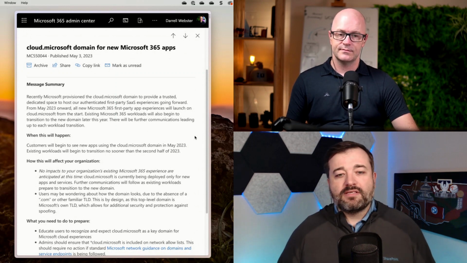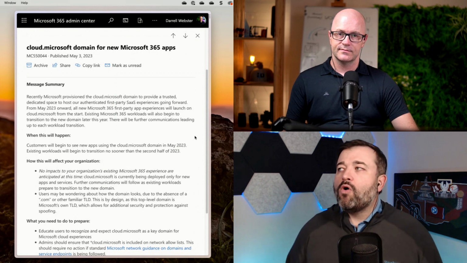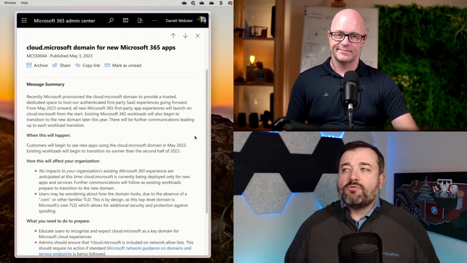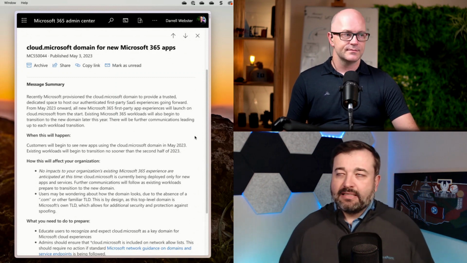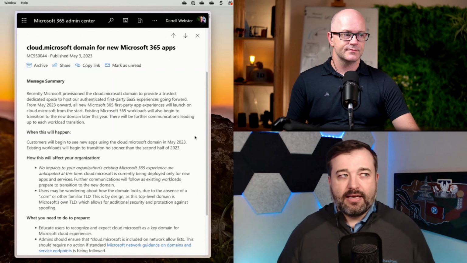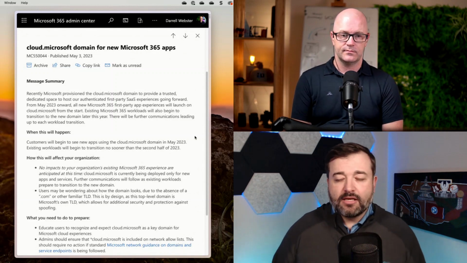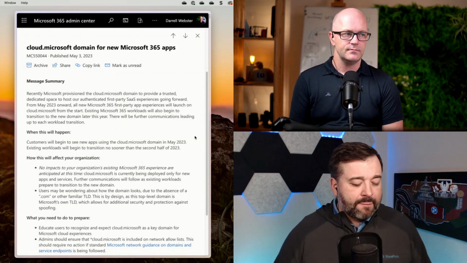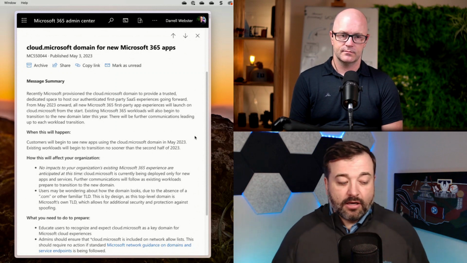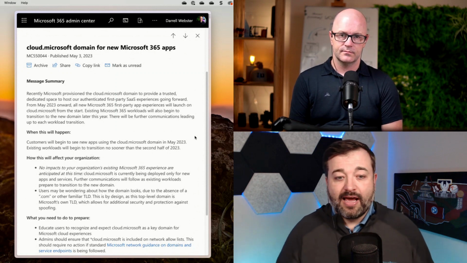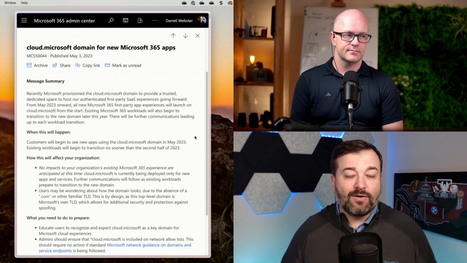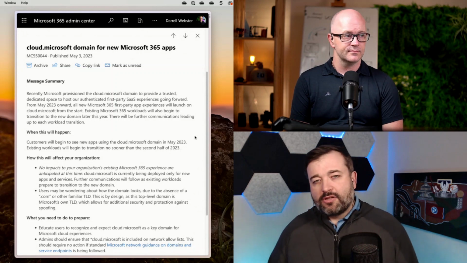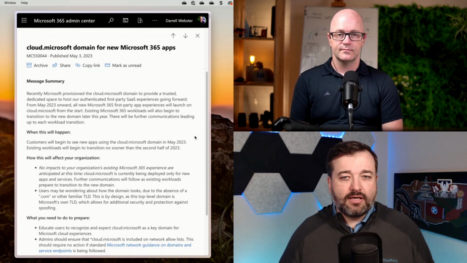So what this is, Microsoft is saying, hey, we want our domain to be trusted, number one, and they kind of put that out there as something they're trying to do for security, among other reasons. But they're going to be changing in the future, although we don't have too much of an idea when, but they're going to be changing the way we access services in the cloud.